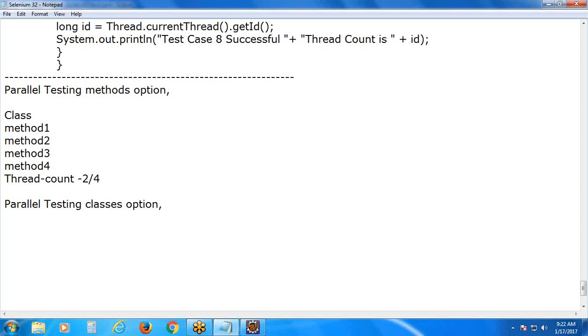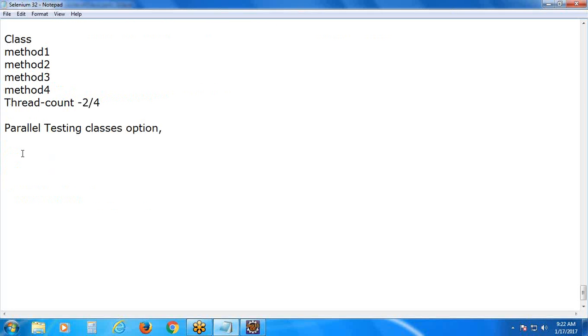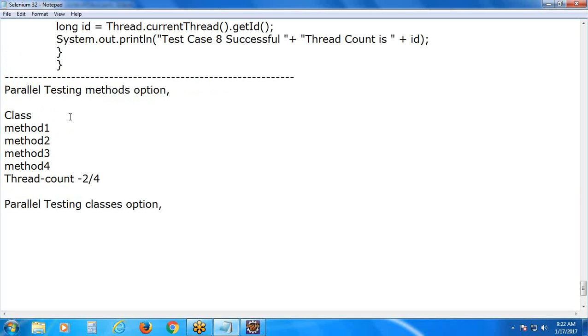Okay. Observe Ravindra. Yes, sir. Suppose methods in your class 2 only, but you used thread count 4. What will happen? It will allot 2 threads only, na? 4 threads not required, na? Yes, sir, because there are only 2 methods. Suppose if you created 10 threads, not required, it will use 2 threads only. Same way you observe